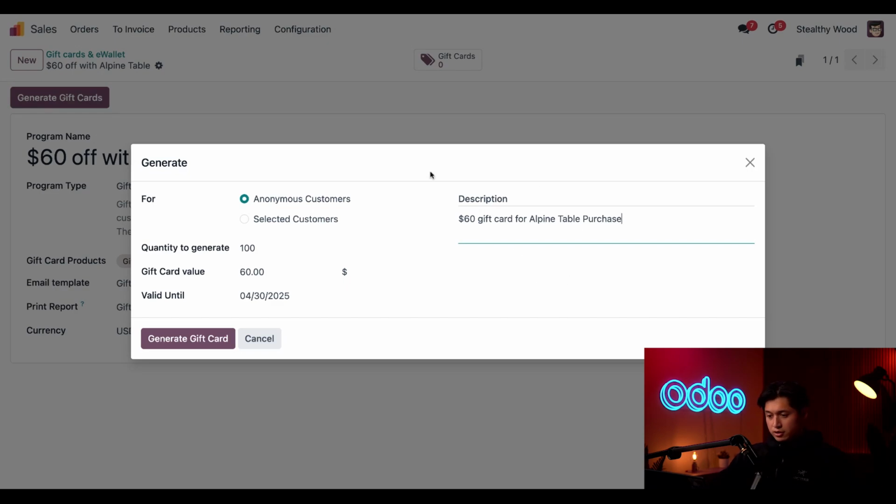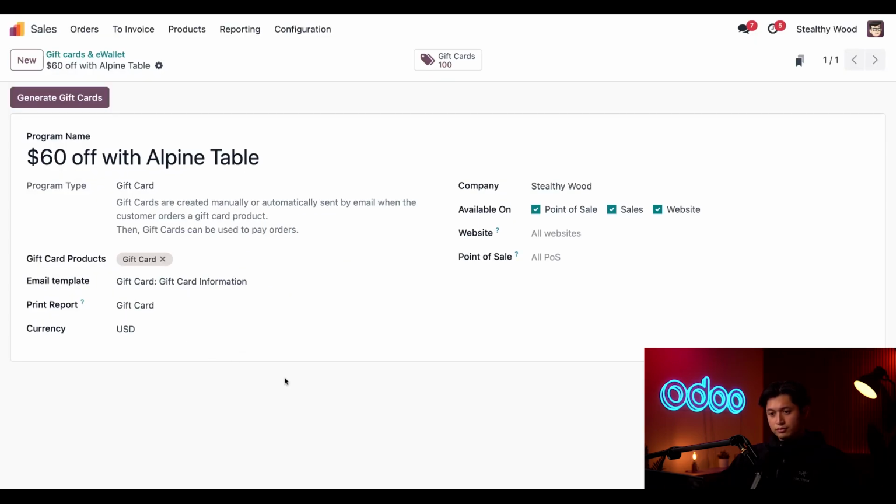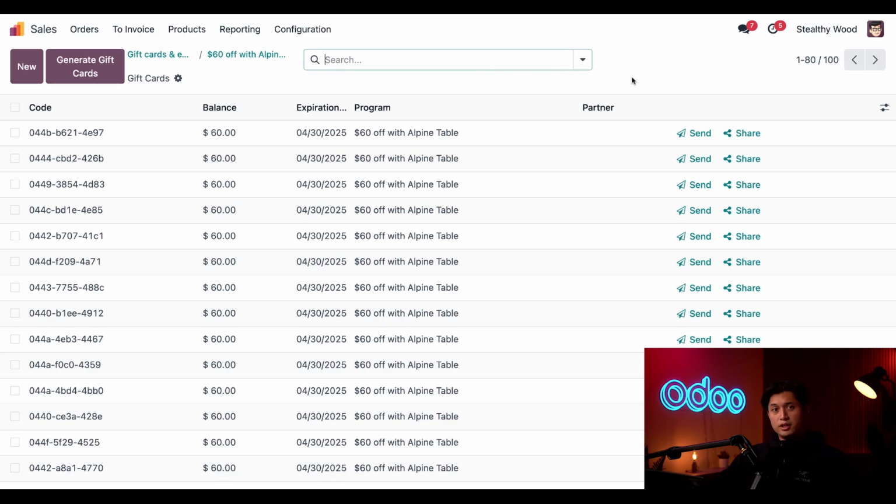And then after you enter your description, assuming everything looks good to you, all you have to do is click Generate Gift Card. And just like that, you'll notice the gift card smart button here at the top shows 100 cards have been generated. To send these gift cards off manually, we can first click into the smart button here, and then we can see a full list of all of the gift cards that we created,